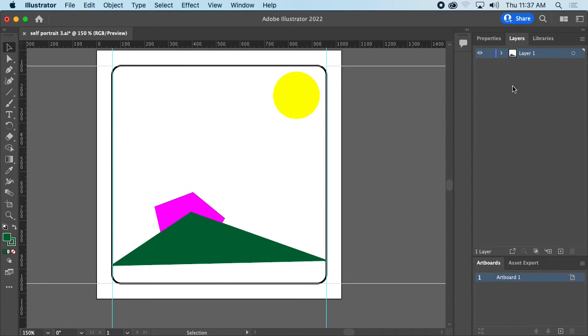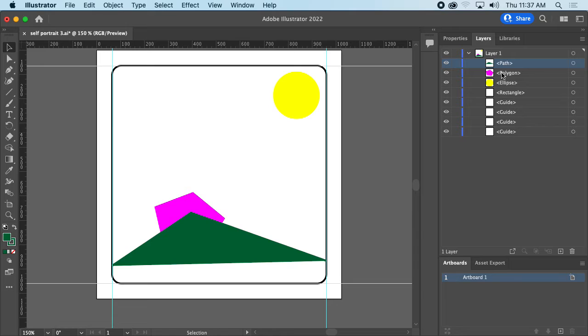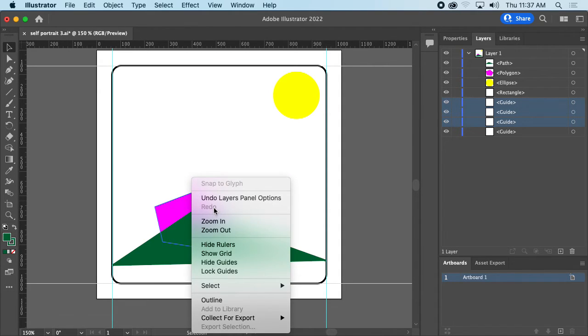So in Illustrator layers, we actually have more information about what's in our layer because we have all these different objects. So we have the path, this is a polygon, we have the ellipse, then we have all our guides, which we can turn these all on and off inside the layer. But we can also arrange these on the page. So if I right click on my pink shape,